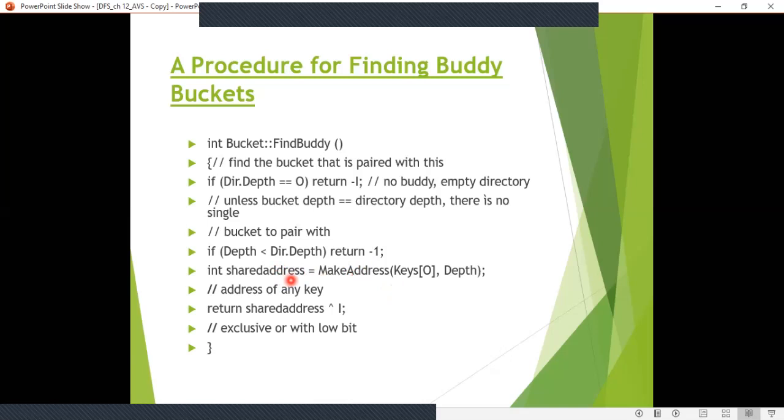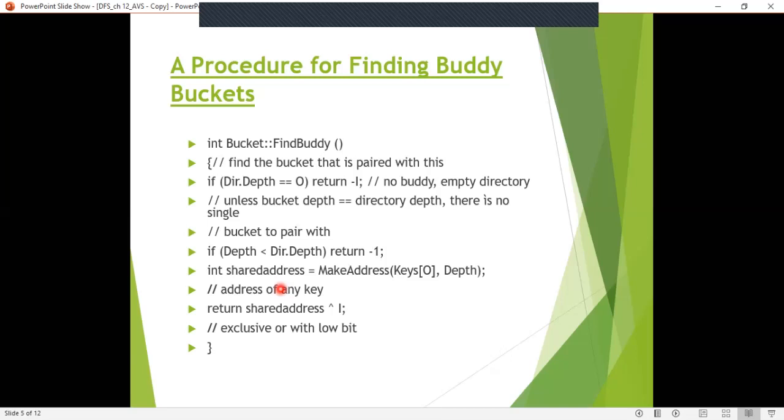Now once we find the shared address, we know that the buddy bucket is the one formed from a split, right? While going on adding the records, we split the buckets, isn't it? After splitting only we will get this particular buddy bucket. So the buddy bucket has the same address in all regards except for the last bit. That is, you have to flip the last bit, right?